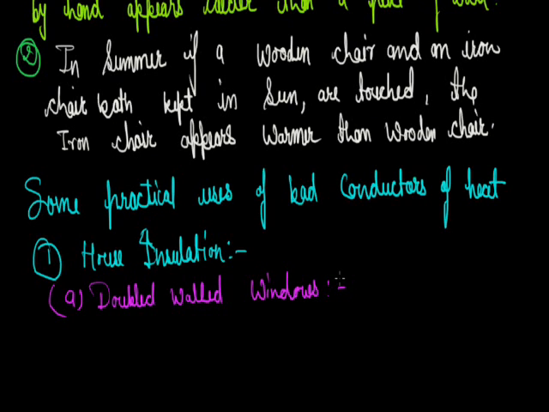The windows of air-conditioned railway coaches also have double glass panes with a layer of air in between the two panes to prevent conduction of heat through the window from either side. Okay, next, igloos. Eskimos make double-walled houses called igloos, using blocks of snow, so that the air enclosed in between the double walls prevents the conduction of heat from the house to the cold surroundings.